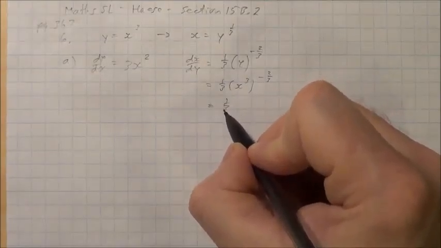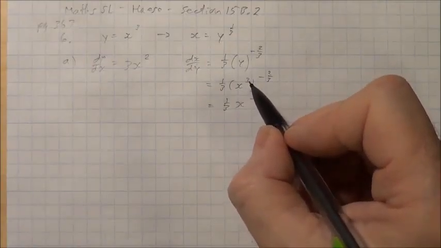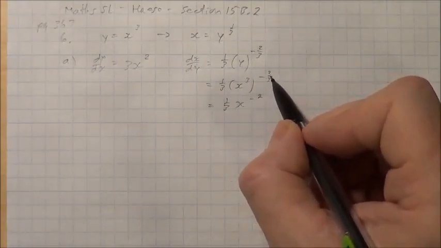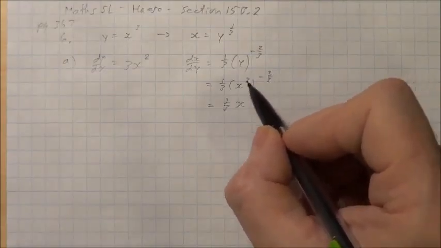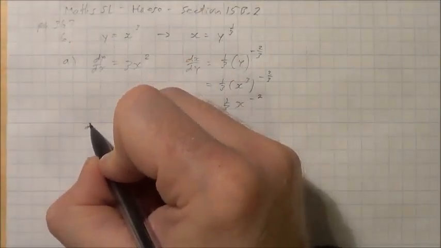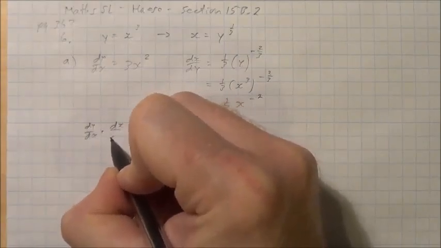So I get 1/3 x to the negative 2, because this exponent is 3 over 1, and when I multiply 3 over 1 times negative 2 over 3, the 3's will cancel, which will just leave me with negative 2 as the exponent. So now when we want to find the product of dy by dx and dx by dy,